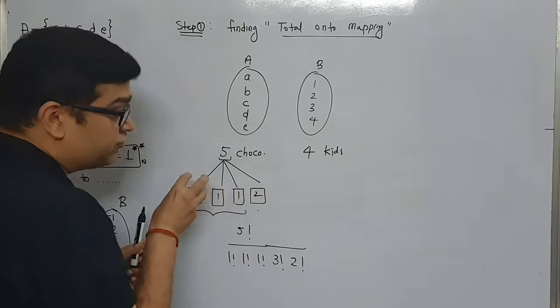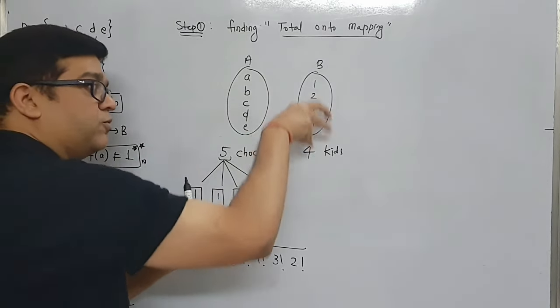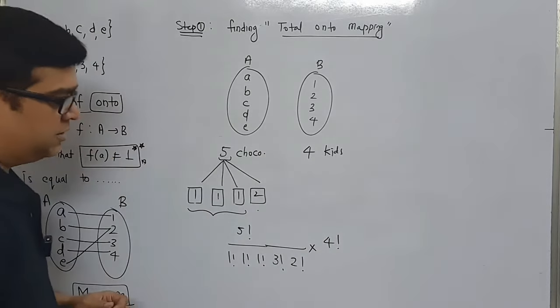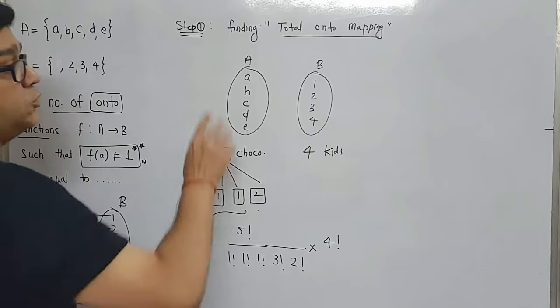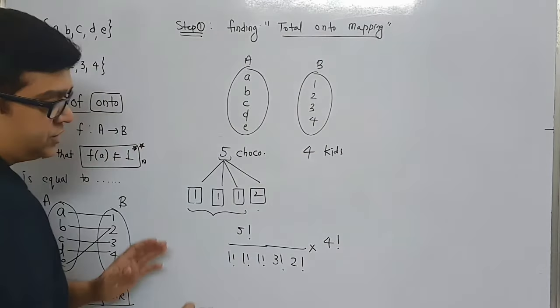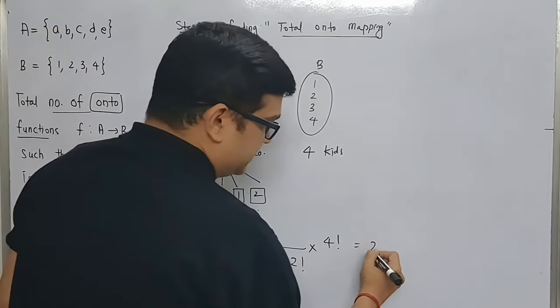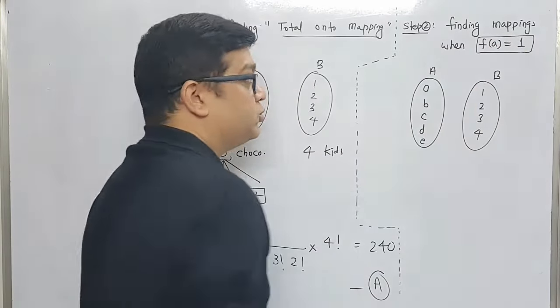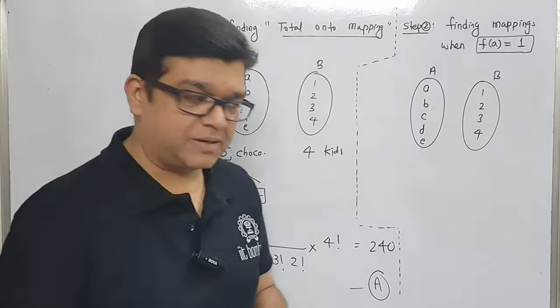Now these packets of gift you have to distribute among 4 kids, and that distribution can be done in 4 factorial ways. So total number of onto mappings will be equal to, if you simplify this, that comes out to be 240. We have to discuss case 2, where we have to find total number of mappings when f(a) is 1,